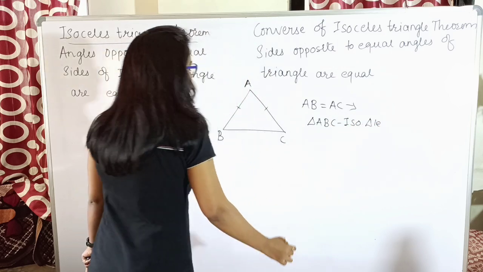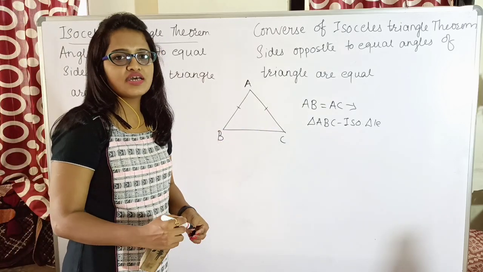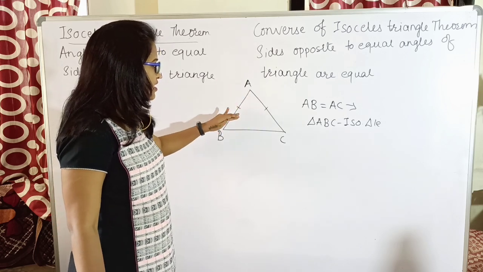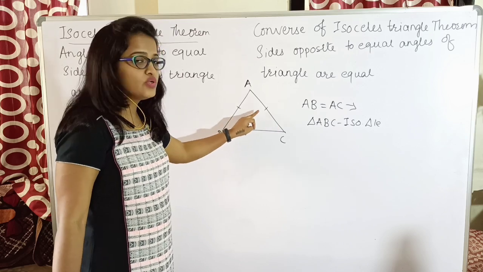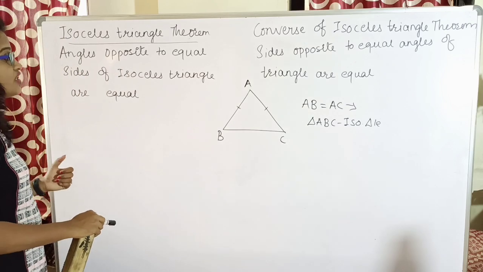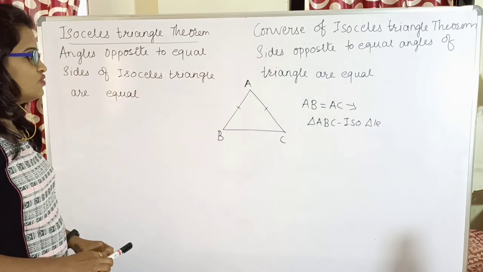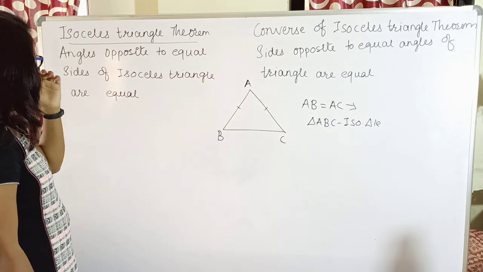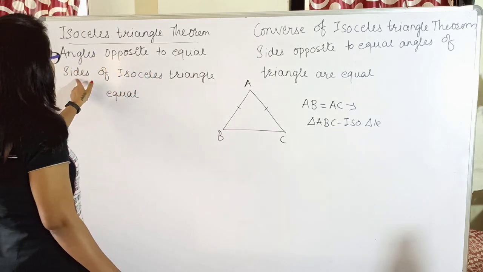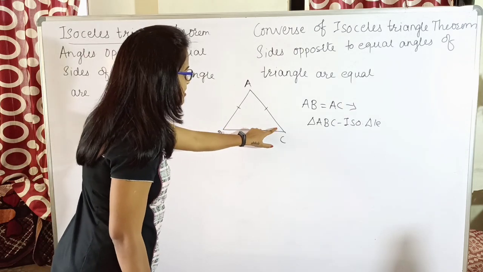As we know, the angles opposite to equal sides of an isosceles triangle are equal. So in an isosceles triangle, the angles which are opposite to equal sides are equal to one another. But now we are going to prove how the two angles are equal. So that becomes our isosceles triangle theorem, which says angles opposite to equal sides